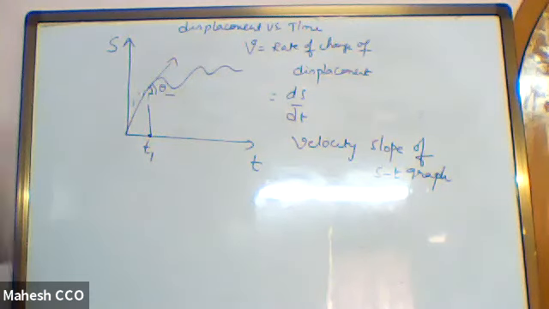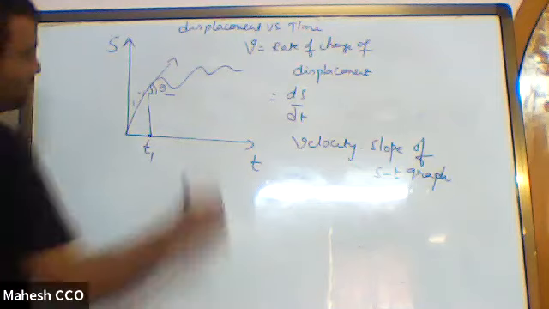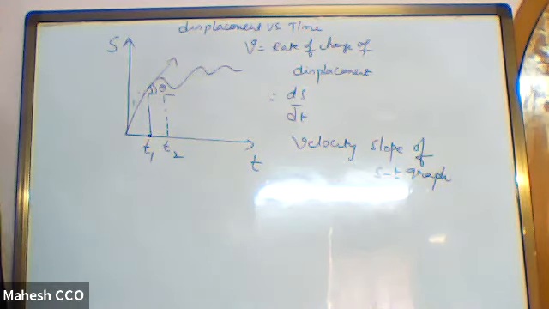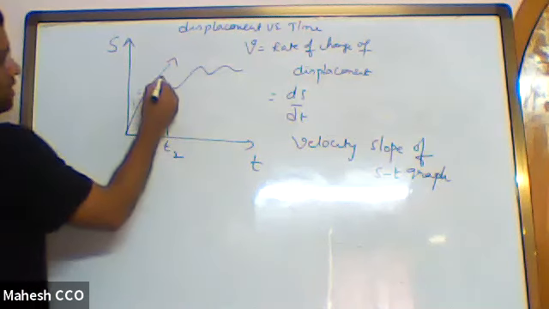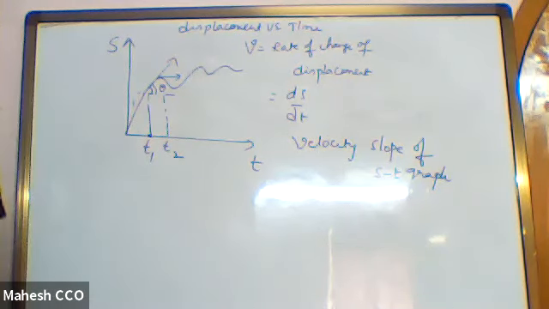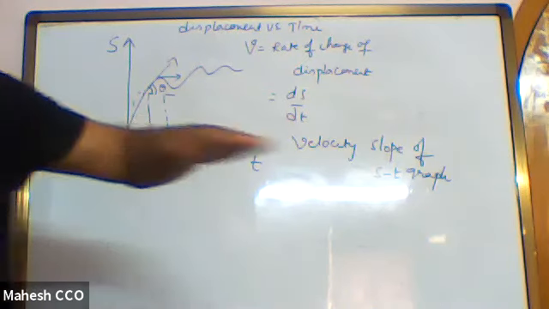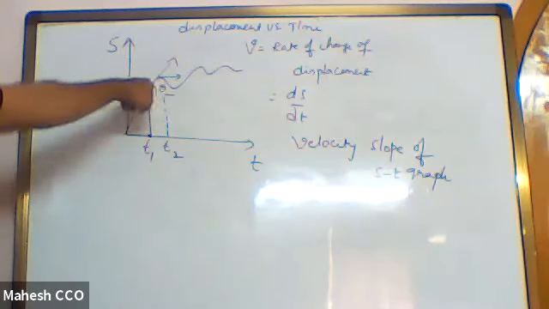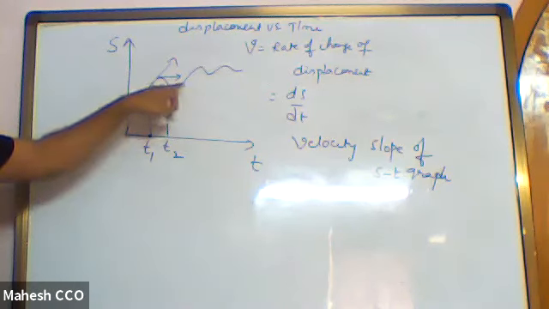Now, consider this time t2. What is the tangent here? As it can be seen, the tangent seems to be making zero angle with the time axis, so the slope is zero there. That means the particle is at momentary rest at that point. That means the particle has gone forward, it has stopped for a while. For a moment it has stopped. That's why the slope of the tangent is 0. Here the velocity is 0 at t2.